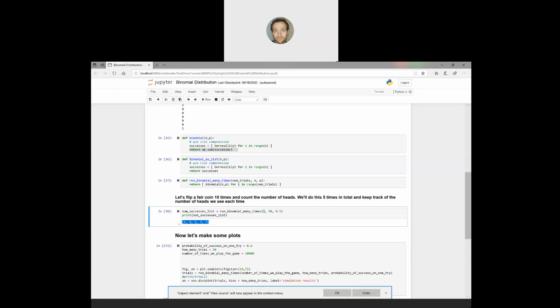Okay? That's it. Let's do it again. There we go. We flipped a coin 10 times, 5 times. We got 4 heads, then 4 heads, and 4 heads, and 4 heads, and 6 heads. Cool. Do it again. Different. Okay, now we got 7 heads, and 4 heads, and 5 heads, and 5 heads, and 6 heads. All right. Now,